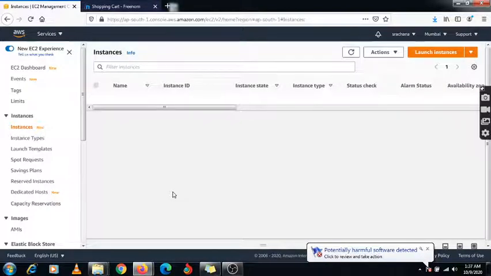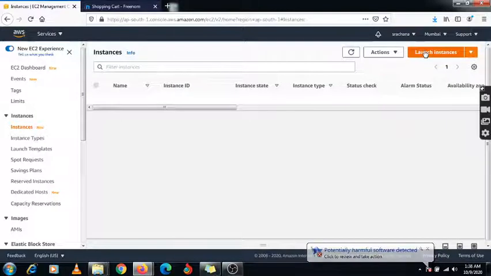If you want to move any EC2 instance from one region to another region, first you need to create one AMI for this EC2 instance, and using that AMI you need to copy it to another region. Then using that AMI you can launch the instance which you want. Okay, so this is the demonstration we will do under this video.